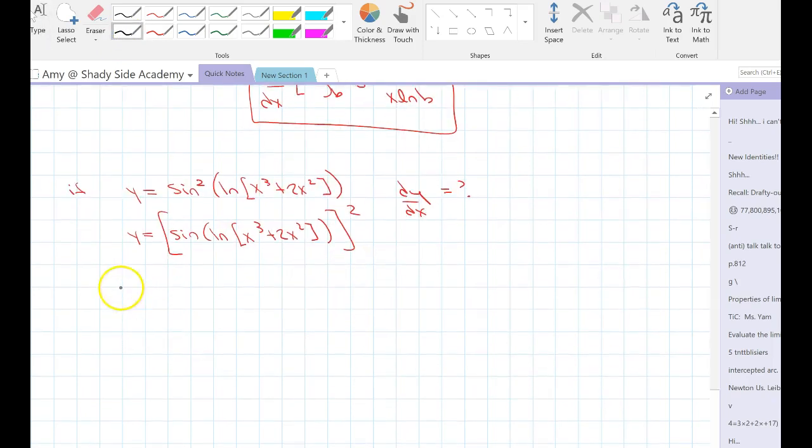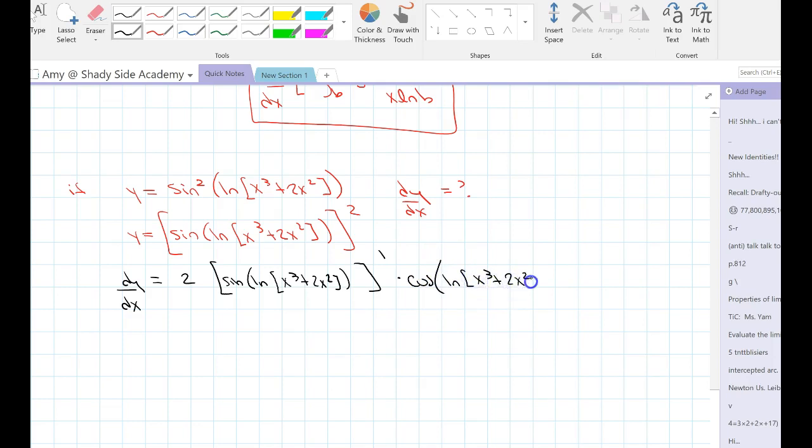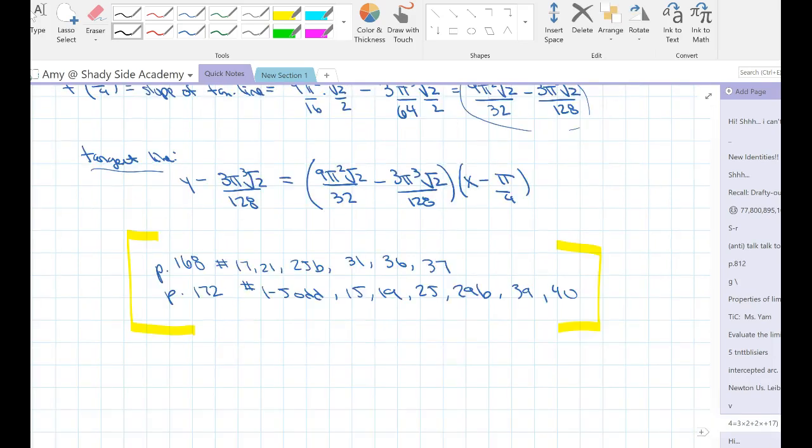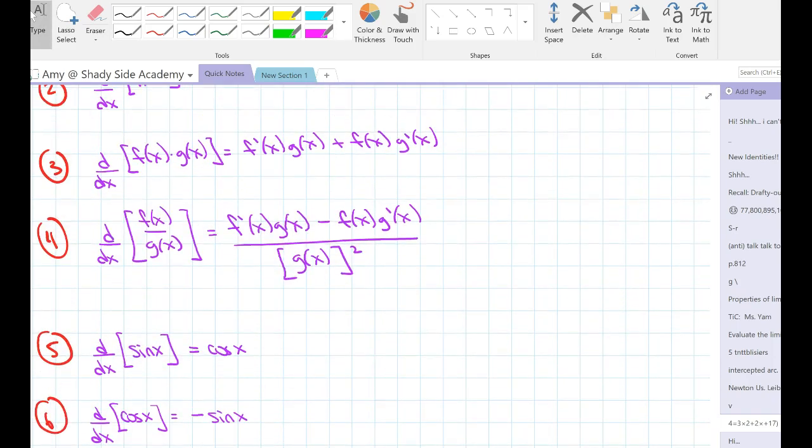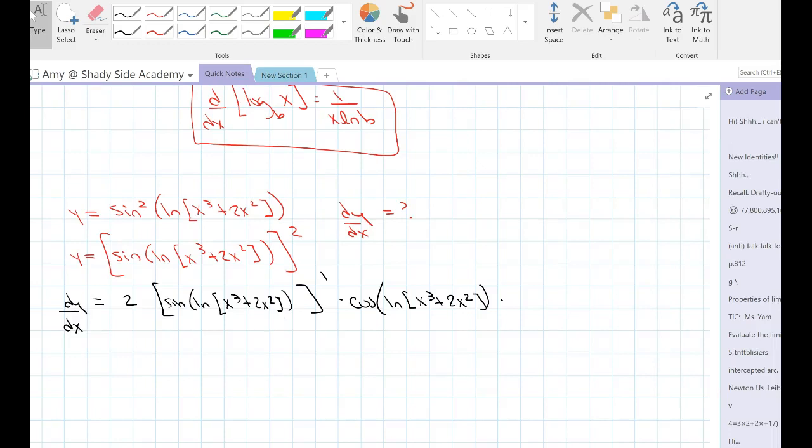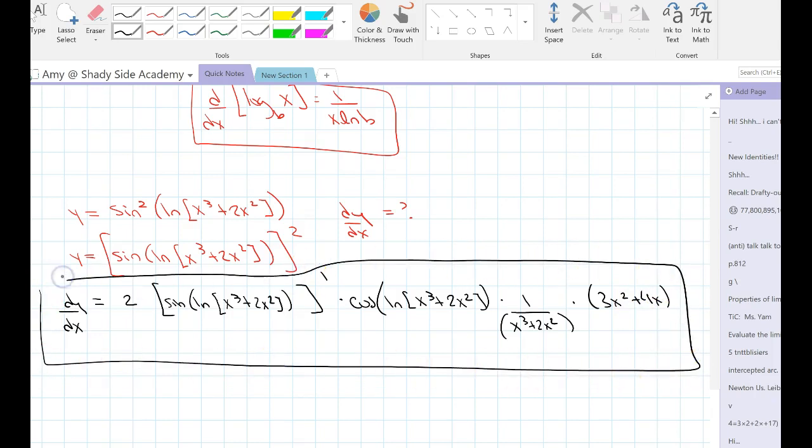So here I go. I'm going to go right into finding dy dx. It equals 2 Bob to the first. I'm going to fill in Bob. Sine of natural log of x cubed plus 2x squared times the derivative of the next innermost function, sine of Bob. It's going to be cosine of natural log of x cubed plus 2x squared times the derivative of the next innermost, which is, oh dear, what just happened? Oh no. Okay, derivative of natural log of Bob is 1 over x cubed plus 2x squared times, finally, the derivative of the innermost, 3x squared plus 4x. And we are going to leave it long and disgusting because there's nothing else we need to do with it. All right,